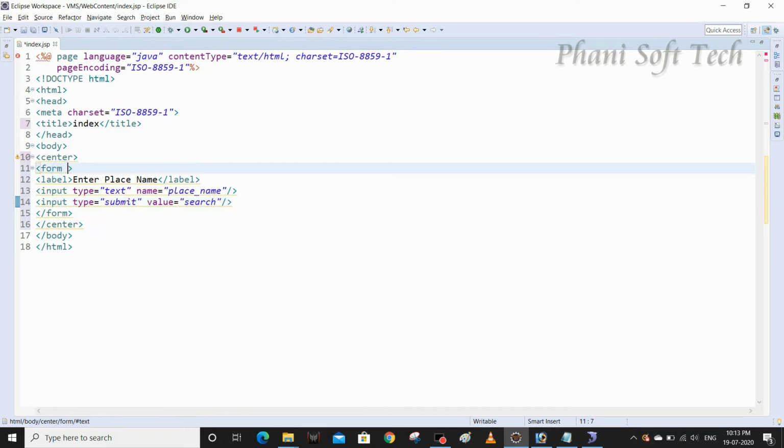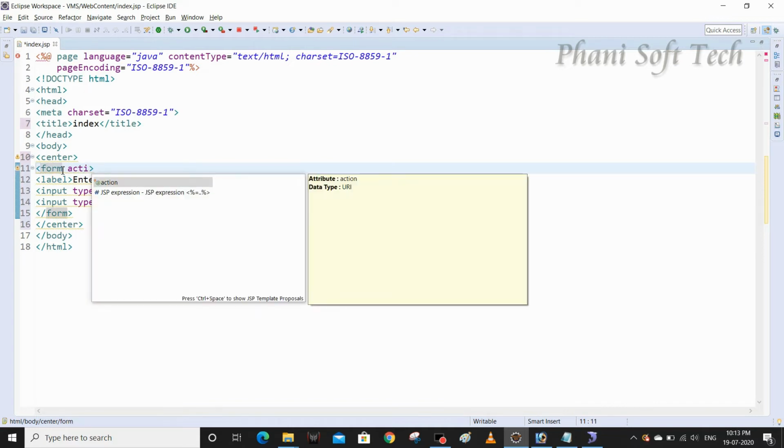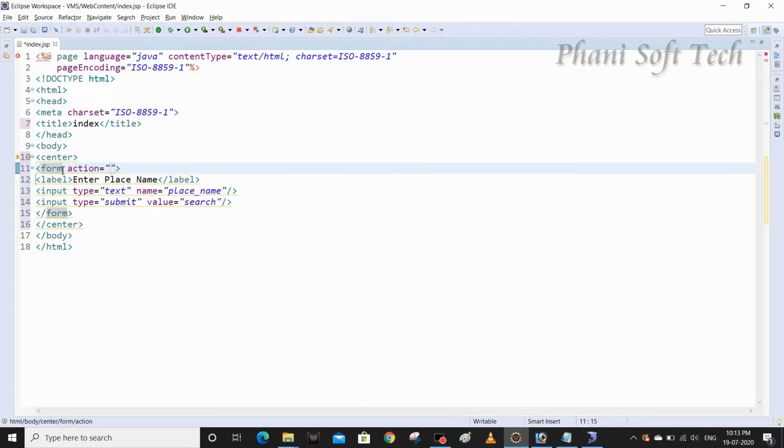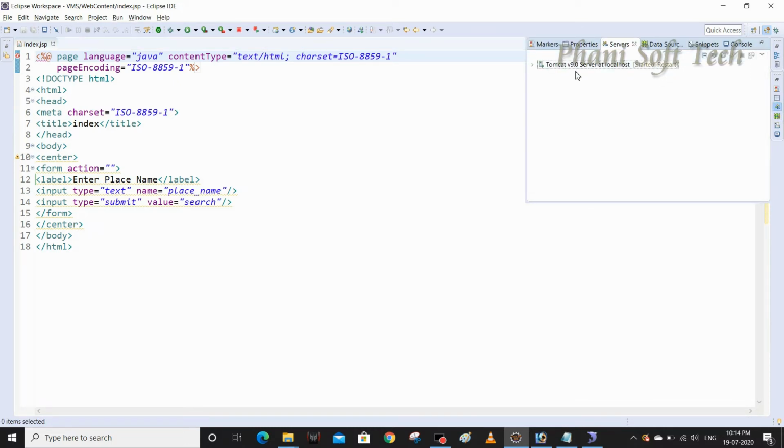So I'm going to give action, so it's going to redirect to our controller. Okay, let me create one controller now. If you click this button, the entire navigation is going to move into one controller. So see here, this is the error. Maximum all the developers got this error actually. So how will we fix this error?